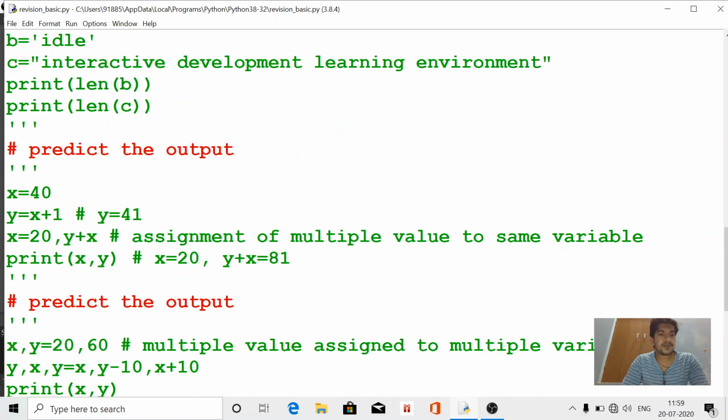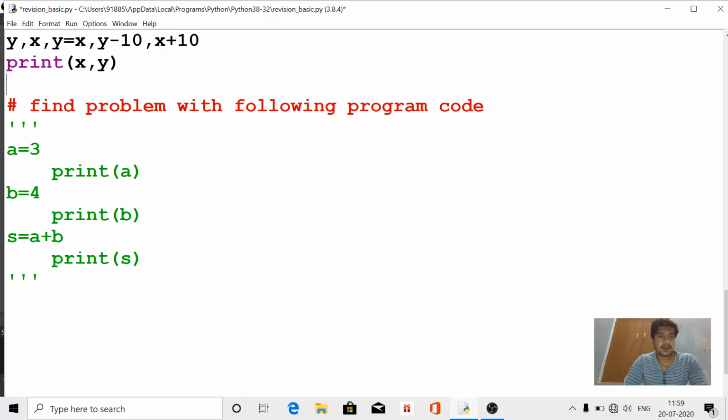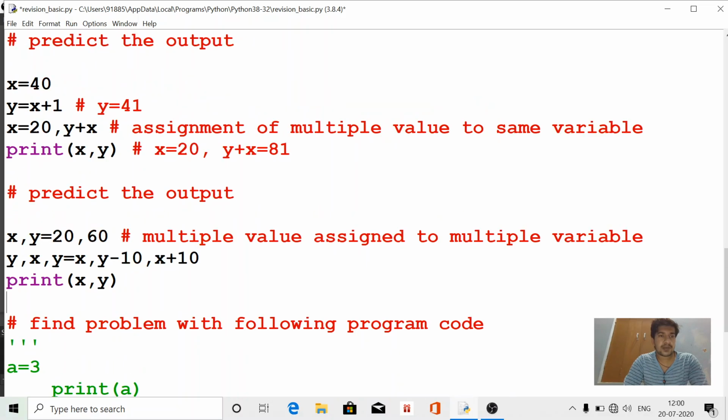Now the next program is also to predict the output. See here, x equal to 40. This is the program. We are going to check this. Now comment out the above program.